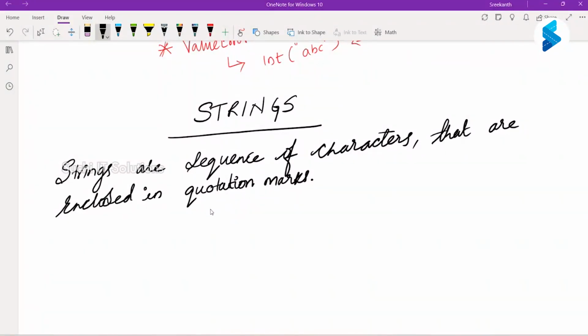So you can use a single quotation mark, a single quote. Okay, there is a start and there is an end. Or you can use a double quote.